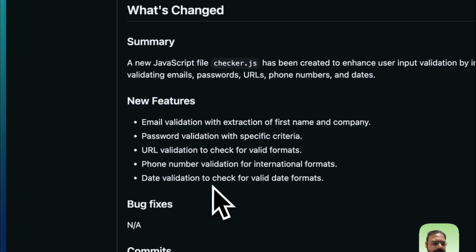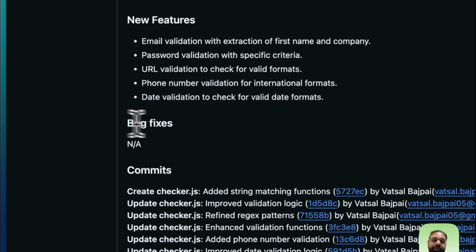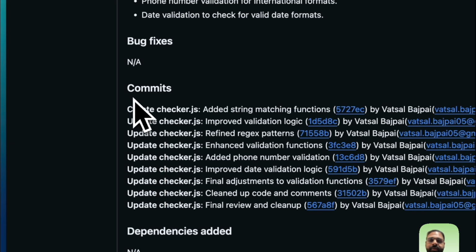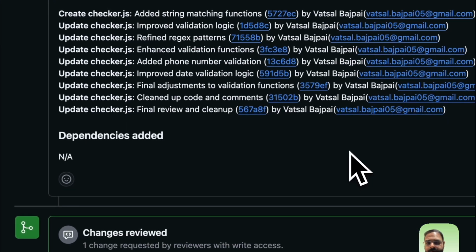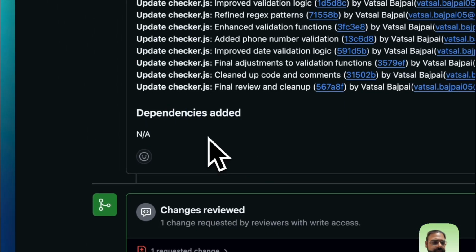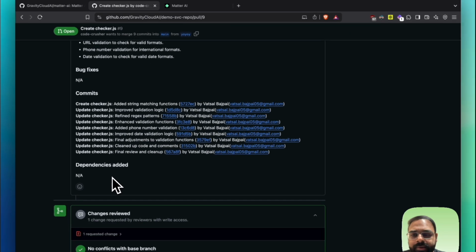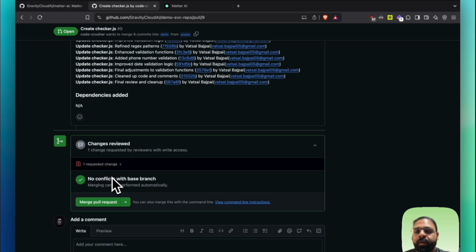So what are the new features added? Let's say in your library, or open source code. Are there any bug fixes? If there were any bug fixes, it would have detected them and presented them over here. And then commit log history, as usual, the generic flow that we have. And if there were any new dependencies, over here we do not have any. If it does have a new dependency, then it will understand what the dependency is, why it was added, and where it is used, and print it over here. So yeah, that's a quick overview of how the product works.